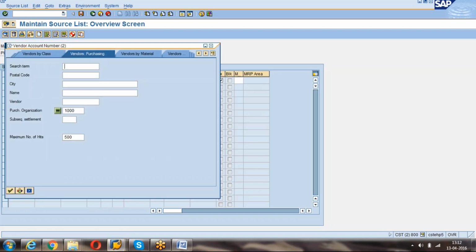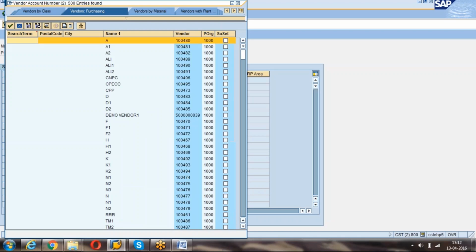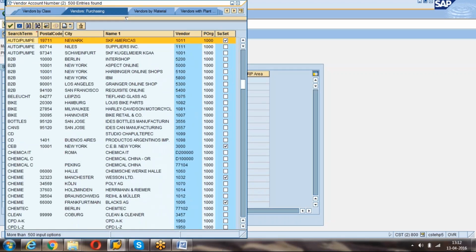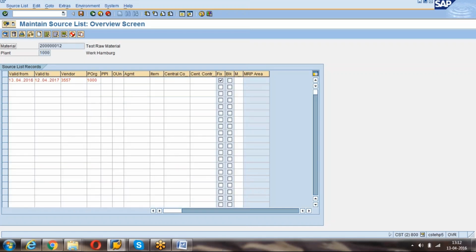Without an info record, the system won't allow you to create a source list. These are the important fields: valid from, valid to, for this vendor. The vendor is fixed. That's it. Save.